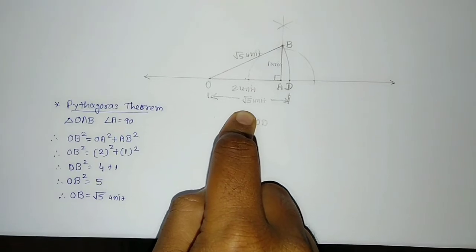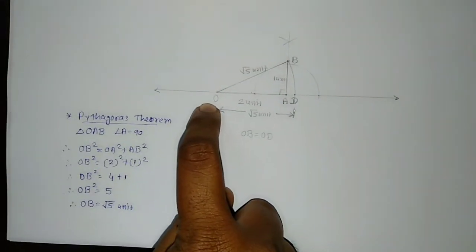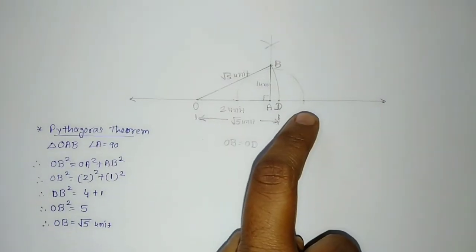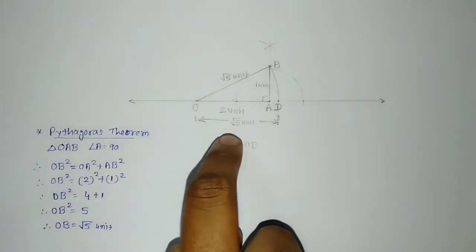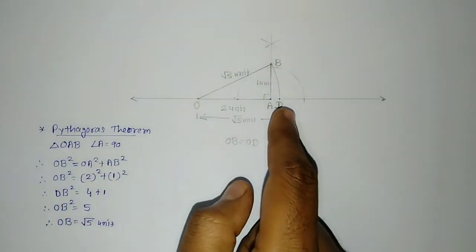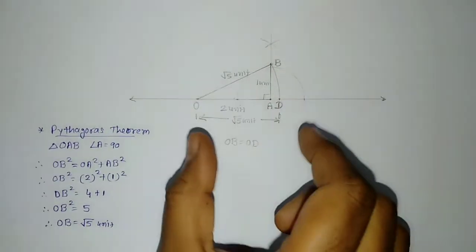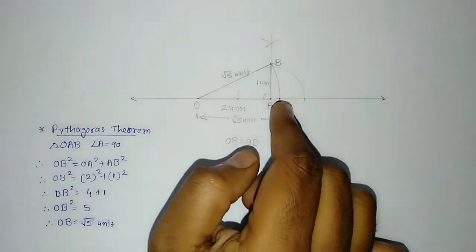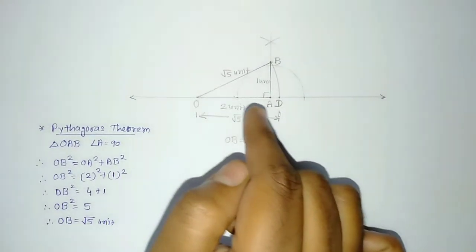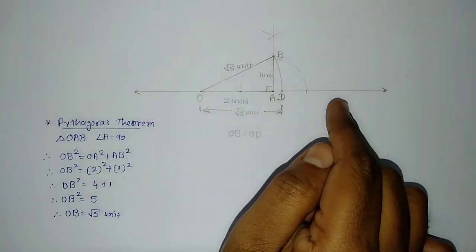While we are doing minus 2, you know that we have started our point from point O. That means this is the origin point, and we have gone to the right hand side to make it root 5. Now when we want to do the subtraction, we need to go to the left hand side to subtract something from this root 5. This is root 5. We need to subtract 2 units from this, so we have to go to the left hand side. If it is root 5 plus 2, then we have to go to the right hand side.